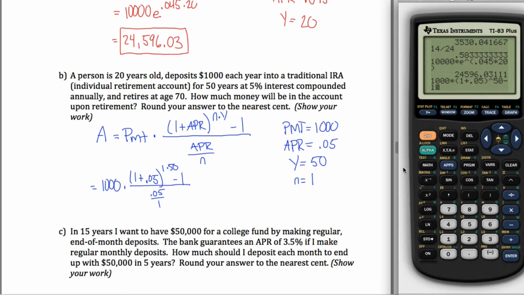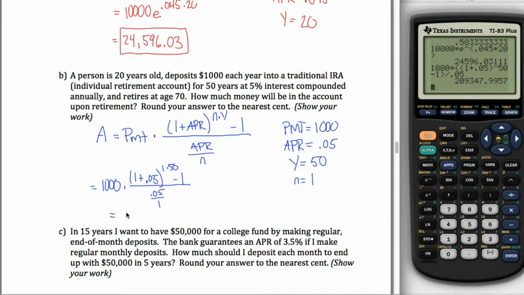Whoa. I'm actually going to need parentheses here, because I don't want to subtract 1 after I multiply this by 1,000. I want to figure out all this, subtract 1. Later on, I'm going to multiply by 1,000. So then that I want to divide by 0.05 divided by 1, which is just 0.05. I hit enter. It kicks out some answer, some large number,